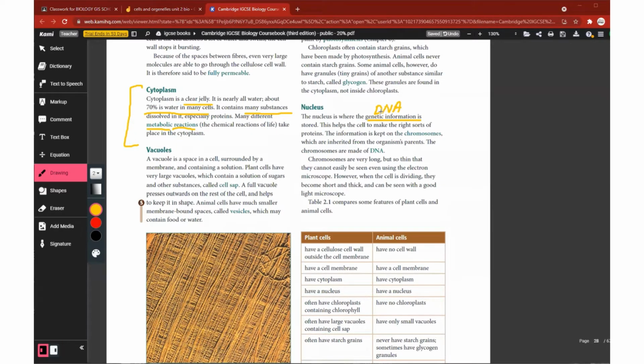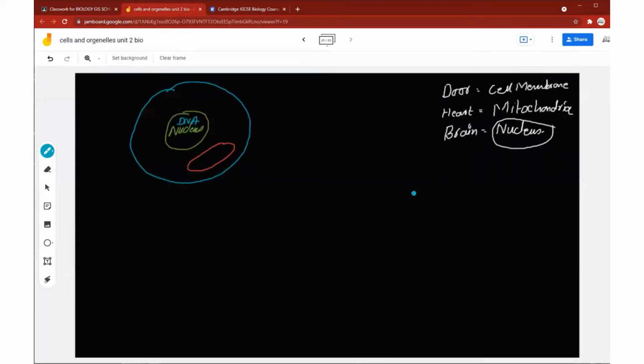As I told you, the cell has all the information which the organelles will need. So it has a recipe to make proteins. The nucleus helps the cell to make the right sort of protein because it gives the right ingredients. Do you know which organelle makes protein? The door is the cell membrane, the heart is mitochondria, the brain is the nucleus. What name should I give? What's the kitchen